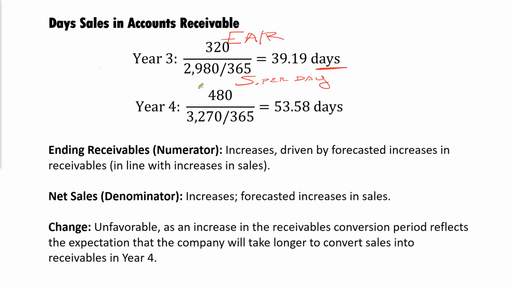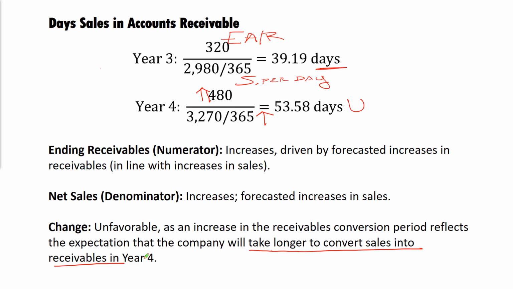Well, there's going to be a substantial increase in accounts receivable, and we're going to see an increase in the sales or the net sales per day as well. But just as we saw with the prior ratio, in this case, the numerator, I'm going to use 2 lines there to note it's the more dramatic increase. It's going to have a greater effect, leading us to an unfavorable variance in this. And again, take it as one piece of the puzzle, but this indicates that the company will take longer to convert its sales into receivables. Again, that's not ideal, but take it as a piece of the puzzle, but that is an unfavorable variance.